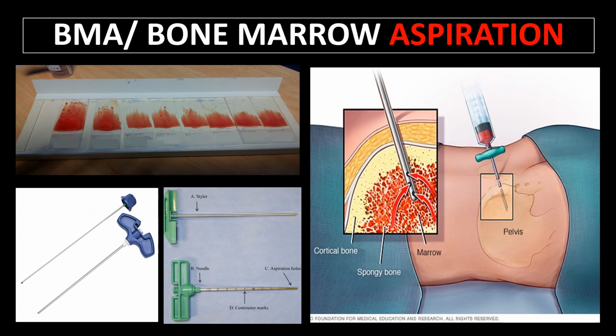So when we say aspiration, it means that the doctor or the physician somehow sucks some bone marrow cells using a syringe. So there are also other ways on how to get bone marrow from the bone. So we also have, as you can see, my color blue and color green. That's what we call the bone marrow trephine, in which we remove 1 or 2 cm core of the bone marrow in one piece. So the purpose of this is to assess the bone marrow architecture and cellularity for